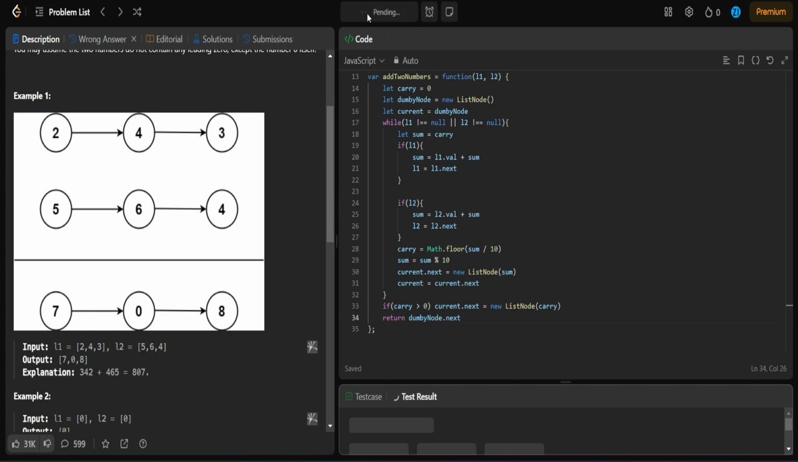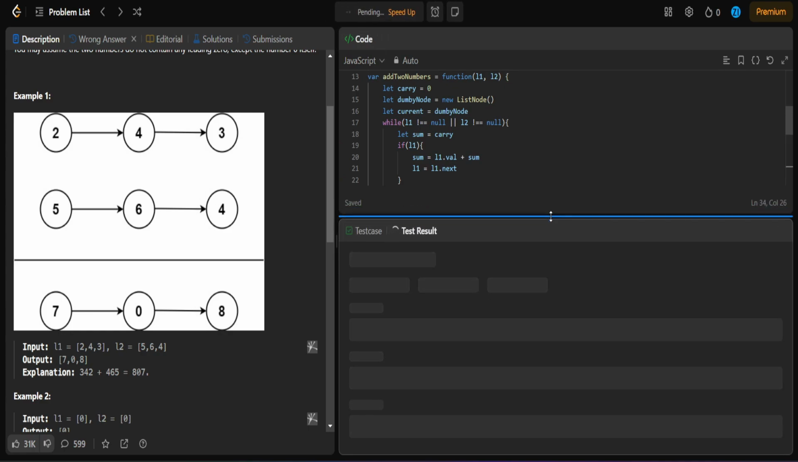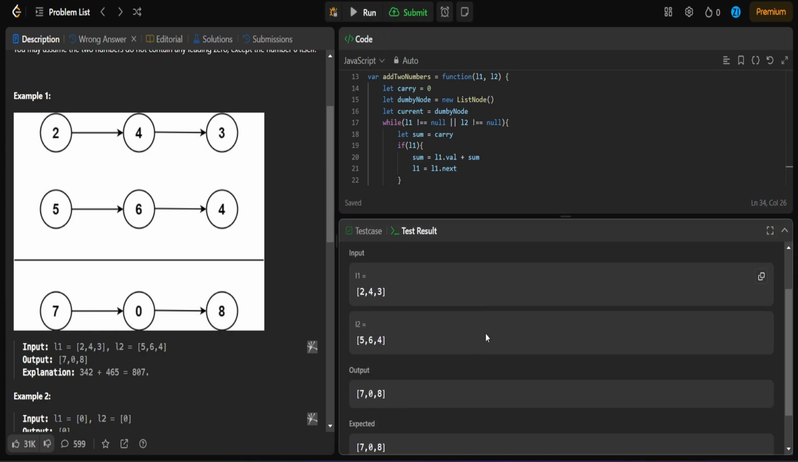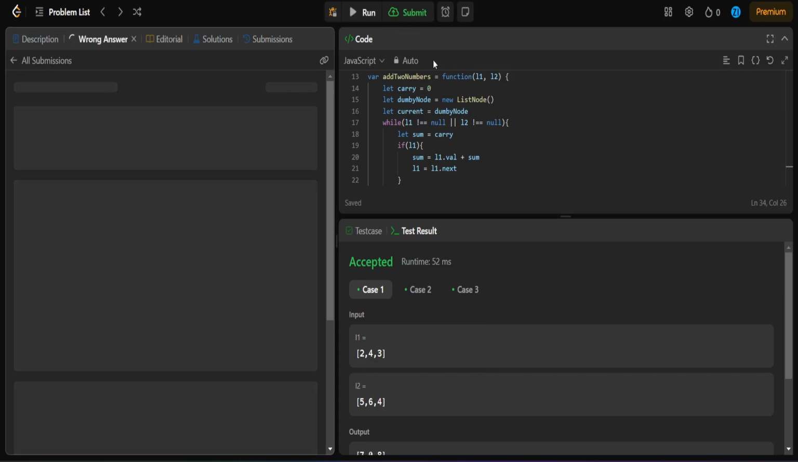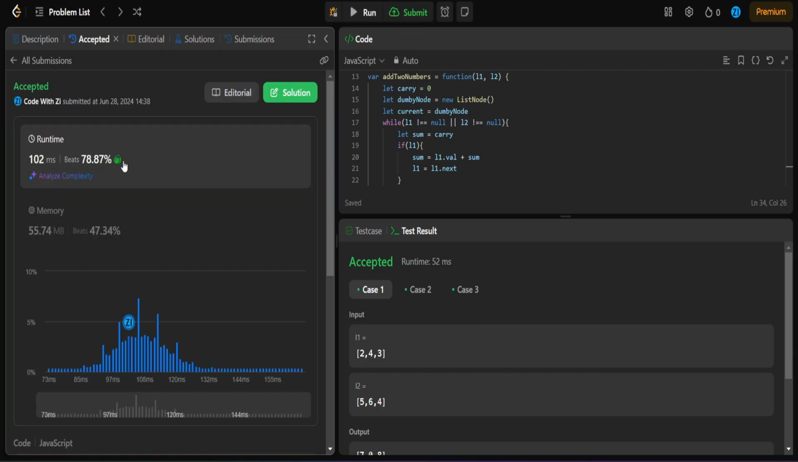So let's test this. As you can see, we've passed all the tests. And let's submit it. And voila, we beat 78% of the other